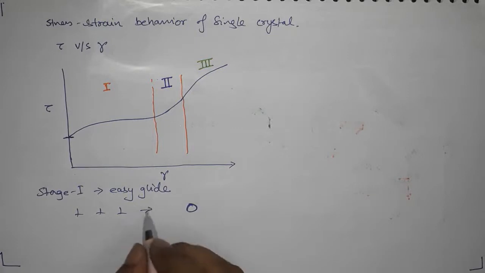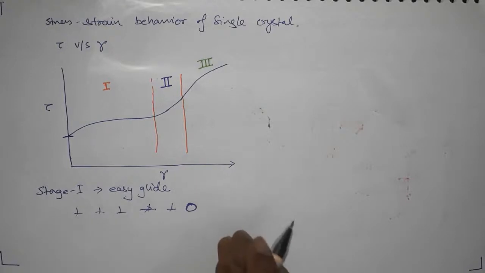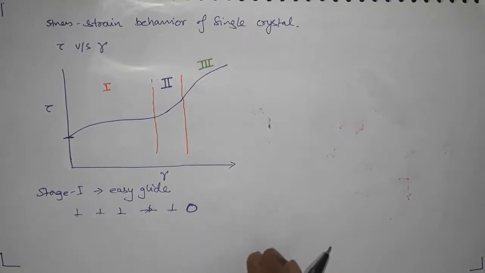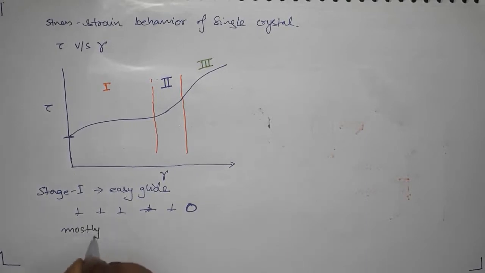So it's a region of easy glide, because short range barriers are not so prominent. In a short range, in every step, nothing is stopping dislocation. Dislocations are moving for a longer distance, and some of them are stopping, but not all of them are getting stopped, okay. So this is a place where the movement of dislocations is mostly uninterrupted, and mostly the movement of dislocation